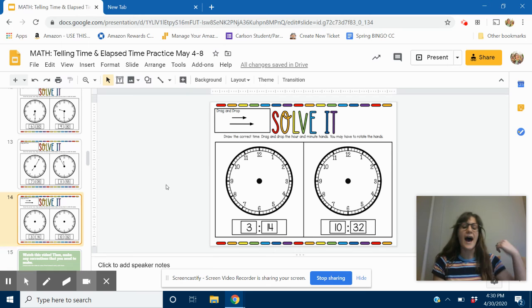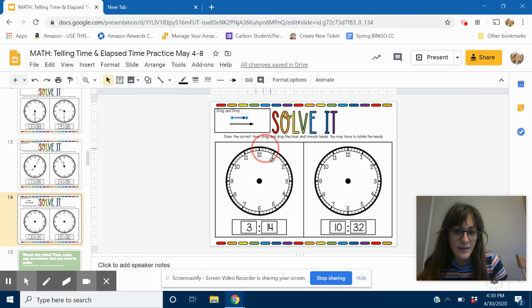Okay, we have our time as 3:14. Okay, so we know that there are 60 minutes in an hour. And if we are only 14 minutes into our hour of 3, that's not very far. So my hour hand is going to be pointing just a little bit past that 3. All right. And my minute hand is going to be pointing